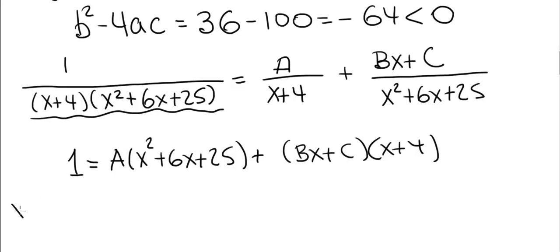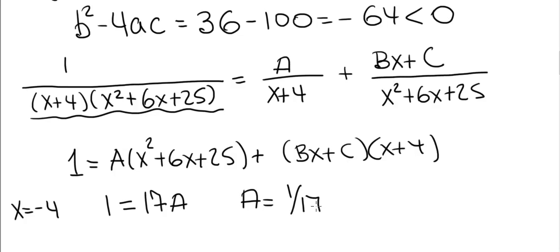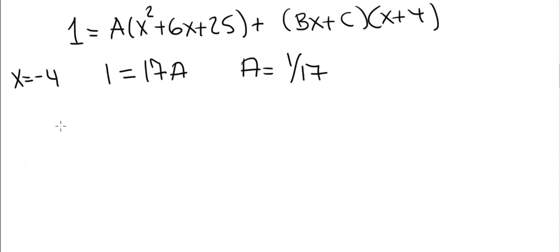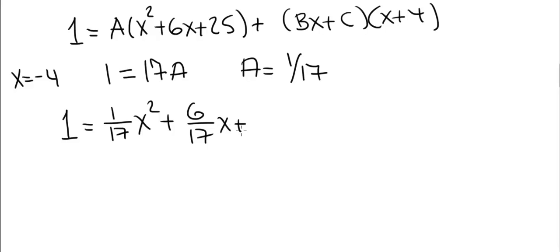And now let's plug in x equals minus 4. The left side is 1. On the right, the bx plus c term is 0. And we have 16 minus 24 plus 25. That's 17 times A. Therefore, we solve for A. A is equal to 1 divided by 17. To solve for b and c, we could plug in other constants, but it's probably easier to do the following. 1 is equal to, A is already 1/17, so it's 1/17 x squared plus 6 over 17 x plus 25 over 17